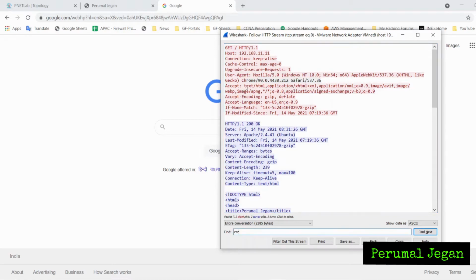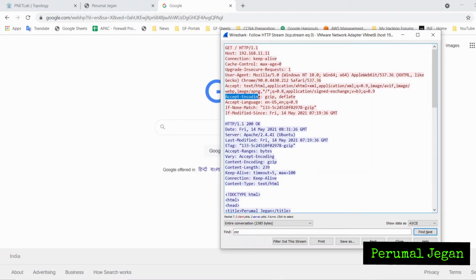And the next one is accept. Along with the above information, it sends the accept parameter and its value, which means it sends a few formats: text, HTML, XML. Because when the web server responds to this request, the web browser should be able to understand the content sent. So initially the web browser informs the web server about its compatibility.